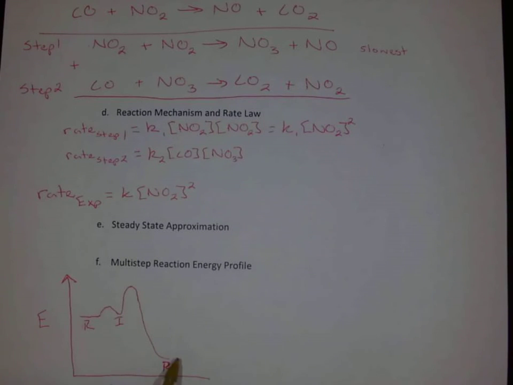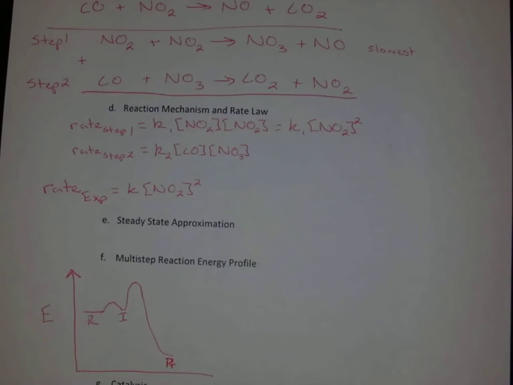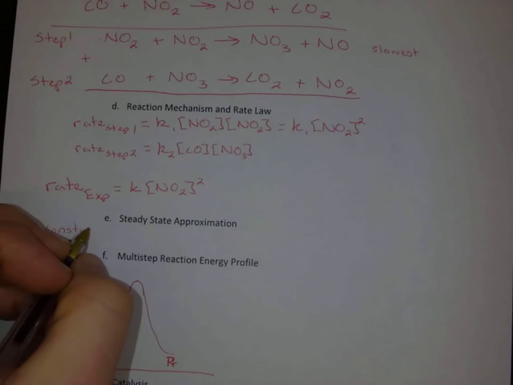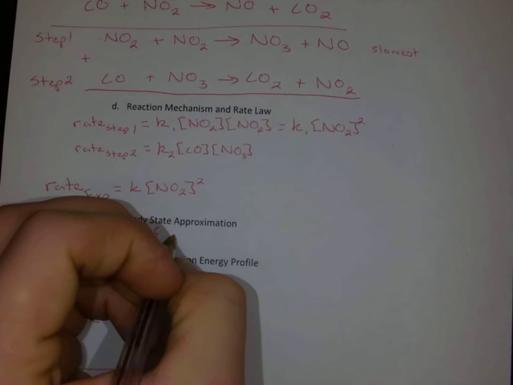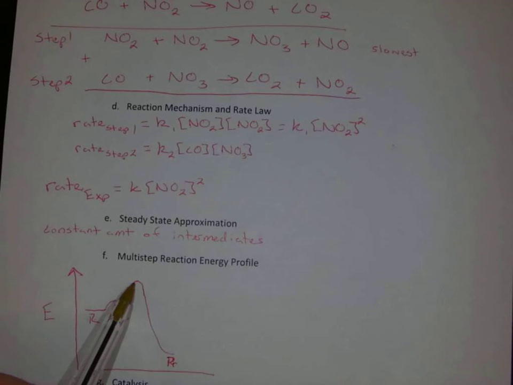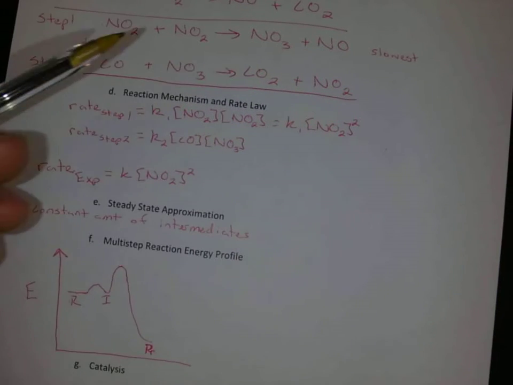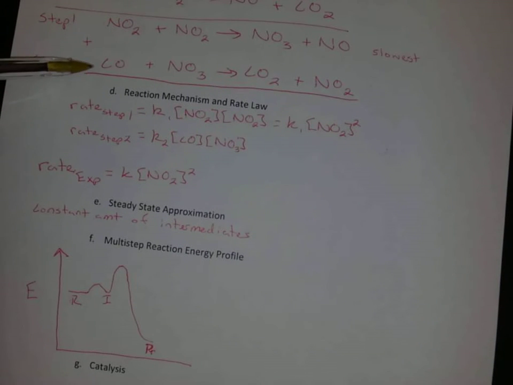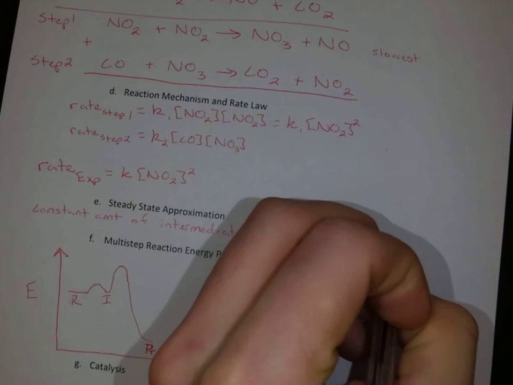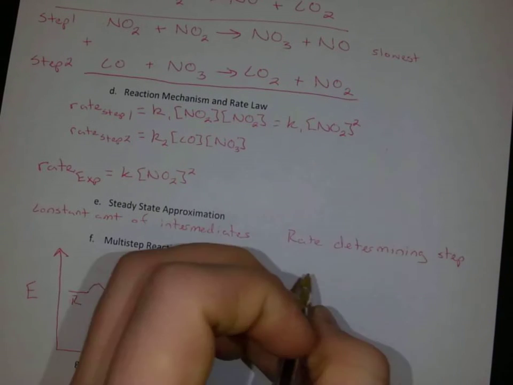especially in comparison to our molecules that are actually going to be able to undergo the reaction over to our products. So our steady state approximation basically says that we have a constant amount of our intermediates, if our highest peak here is after our intermediate. And so this would happen, like I said, when one of our steps, our slowest step, our rate determining step, or RDS,